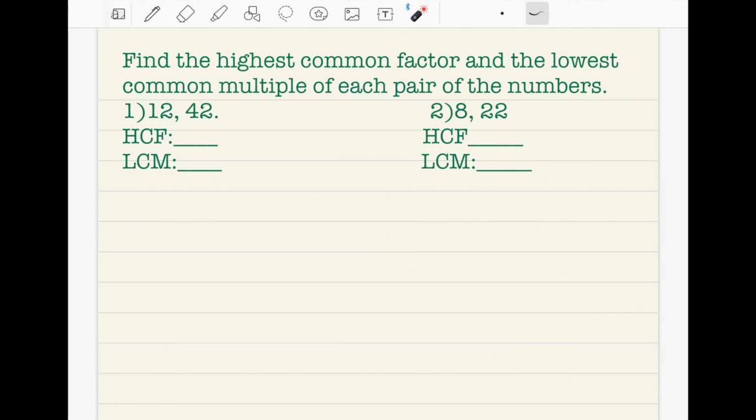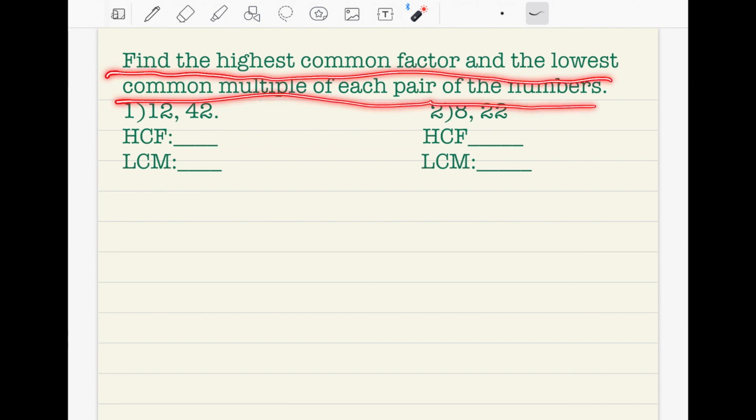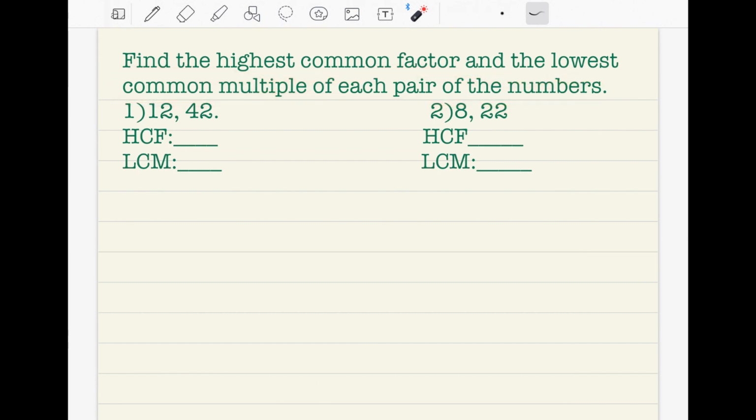So the question today is: find the highest common factor and the lowest common multiple of each pair of the numbers. The first question, the first numbers, we have to make it into the highest common factor, HCF, and the lowest common multiple, LCM. We have to make those numbers into those. So